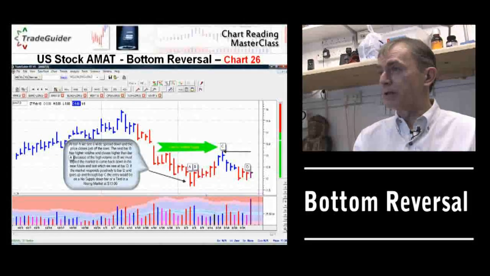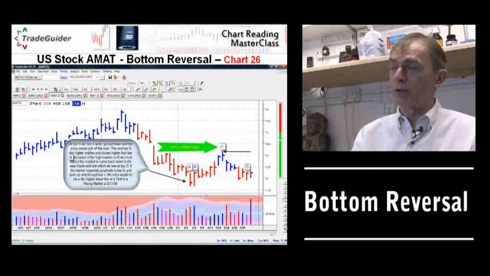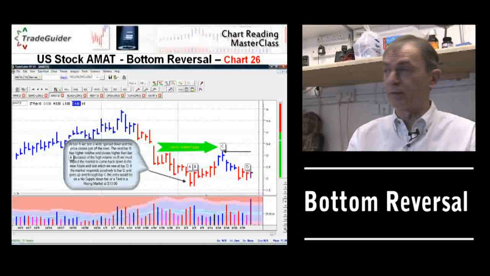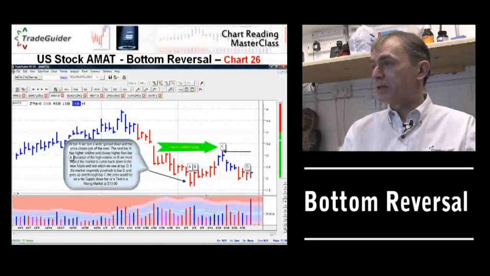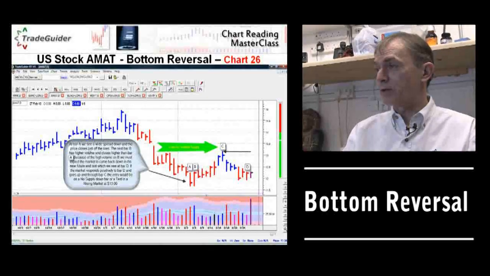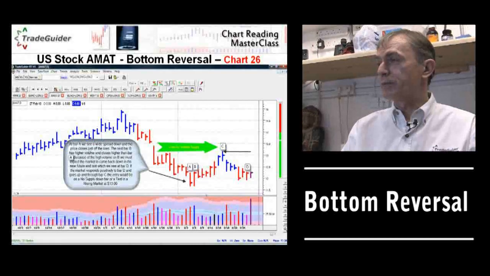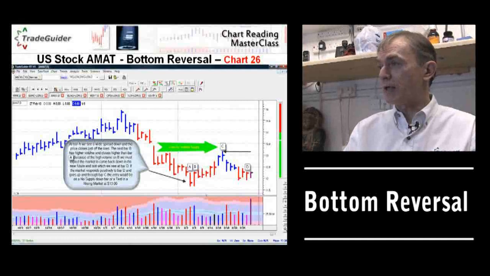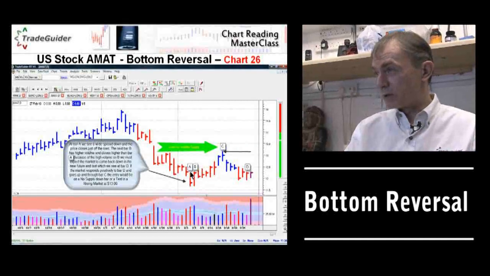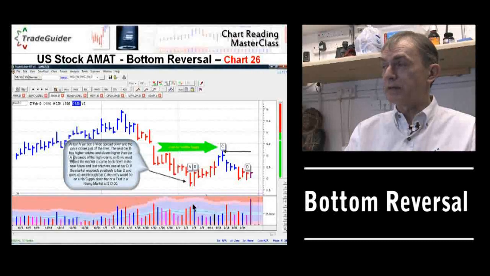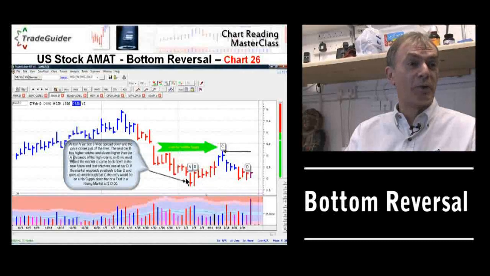Again, first of all, you've got a period of falling prices before bar A. That's important before you get a bottom reversal. The first bar is down. Bar A is a down bar. It's closed off the lows with an increase in volume. But what's more important is bar B, which has pushed up, and it's closed just above the high of bar A. That is a perfect bottom reversal, isn't it, on that volume? That's a textbook example.